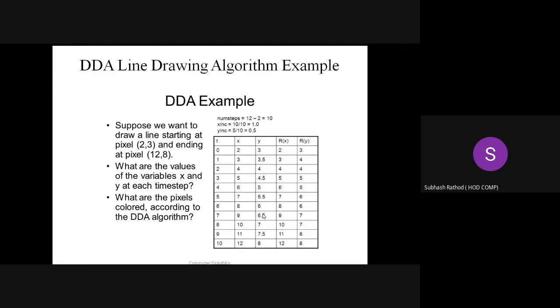So we can consider Rx is a round up value and Ry is a round off value of a particular coordinate. I hope you understood this example. Still you have the coordinates. After practicing a number of examples on your own, you will come to know how easy this algorithm is for finding the pixel values.